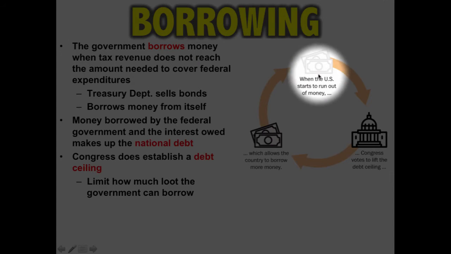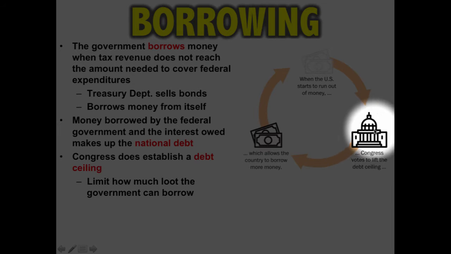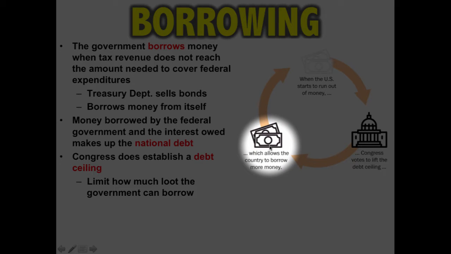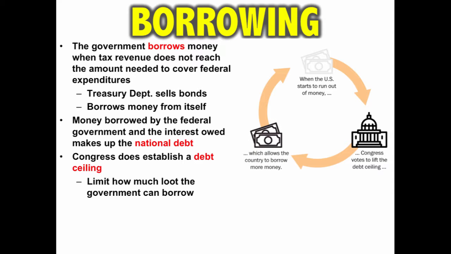But when the US government starts to run out of money, Congress can vote to lift the debt ceiling, oftentimes at the request of the president, and then this allows the country to borrow more money. And oftentimes in this process, Congress will use the ability to raise the debt ceiling as a bargaining chip to try to get things out of the president. So there's this back and forth going on between Congress and the president when there's a need to raise the